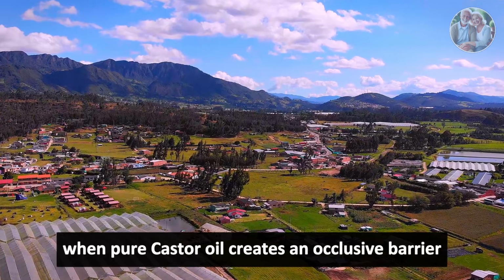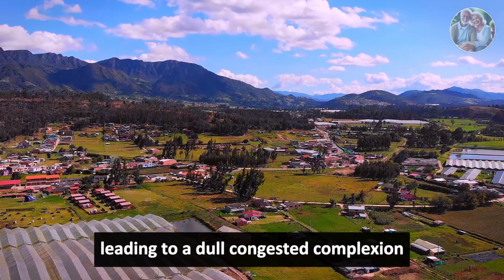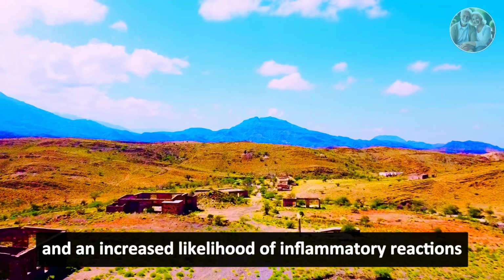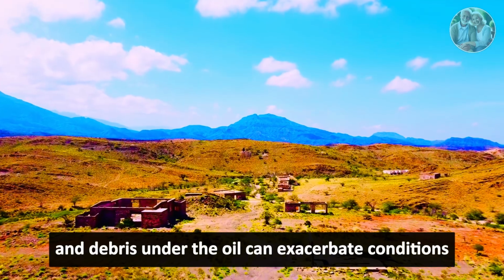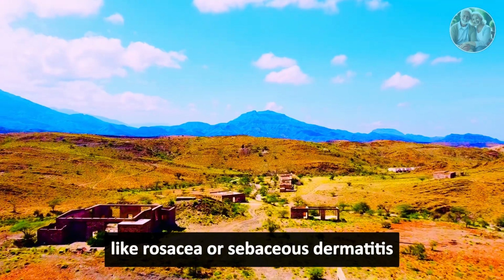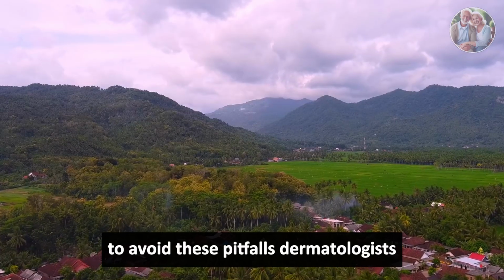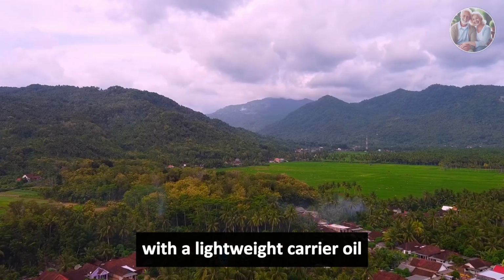When pure castor oil creates an occlusive barrier, it interferes with these processes, leading to a dull, congested complexion and an increased likelihood of inflammatory reactions. Additionally, the trapped bacteria and debris under the oil can exacerbate conditions like rosacea or seborrheic dermatitis, which are more common in older adults. To avoid these pitfalls, dermatologists universally recommend diluting castor oil with a lightweight carrier oil, such